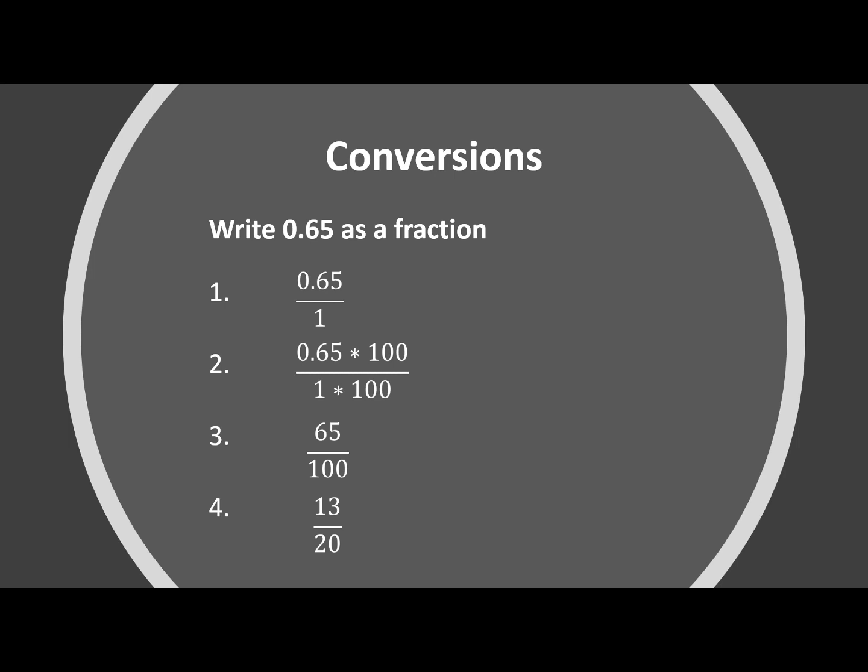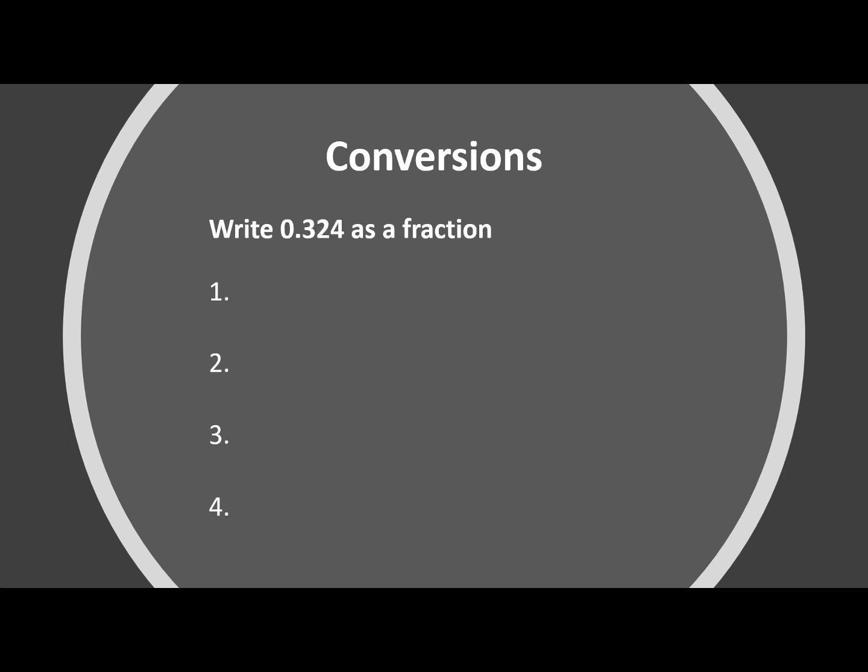And we can always double check the fraction and see if we get the correct decimal. If we take 13 and divide it by 20, we should get 0.65. So you can check this on your calculator. Next we have